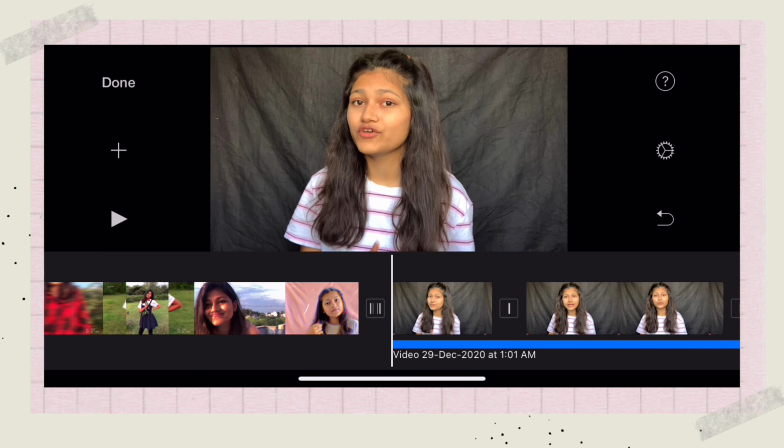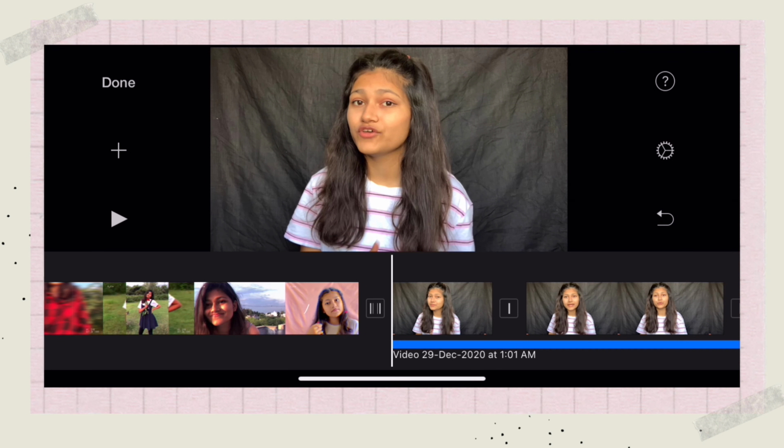Now moving on to split screen, picture in picture, and cutaway. I'll explain how to use these things one by one. First let's start with split screen. If you want another screen here, here or here, then all you have to do is tap on the clip which you want the split screen on.